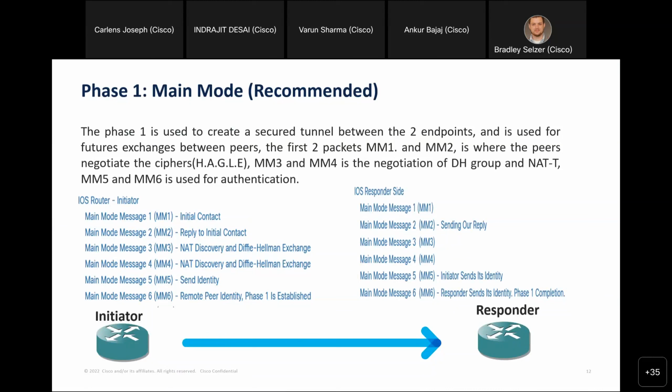But what's interesting is that the other router has to respond. So it's not just one person talking without the other person saying anything. For right now, we're going to review phase one, which is with main mode. Again, it consists of 6 packets. What's really important to take away is that once a router says something, it is expecting a response from the remote router. So for the 6 messages in phase one, MM1 and MM2 are where they negotiate the